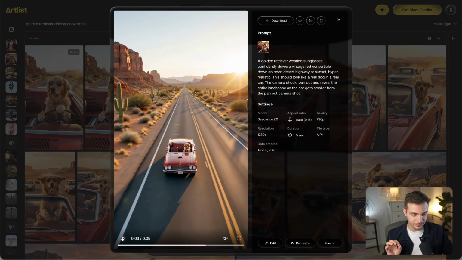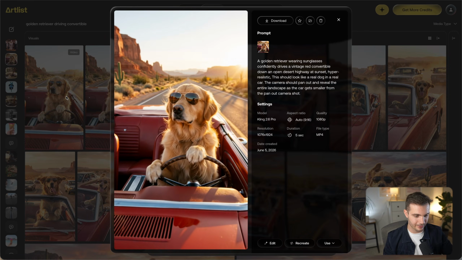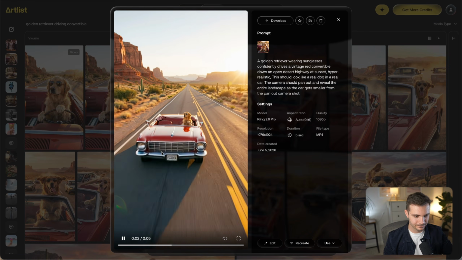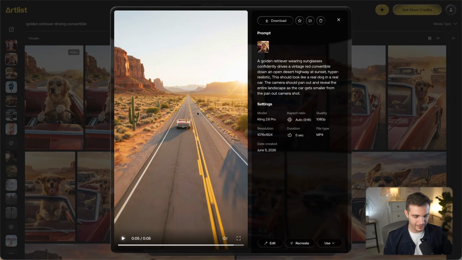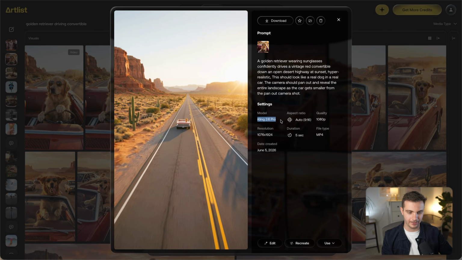And this is actually really good. This is exactly what I had imagined when I prompted this. So kudos to that for being able to figure that out. And here's another video. That actually worked out really well too. I'm really impressed by Kling 2.6 Pro and that it's included in the unlimited plan. So now let's watch some of the other clips that we generated.